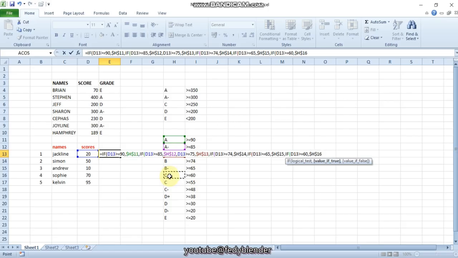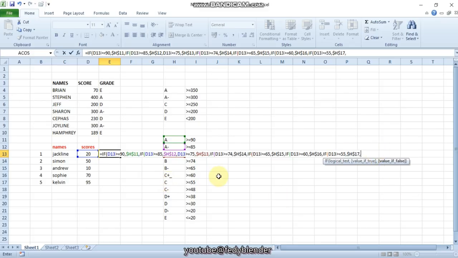Next is comma, then you click if, open the bracket, D13 is greater than or equals to, you just repeat the same thing, 55, comma. What it displays is this one, lock by clicking F4,